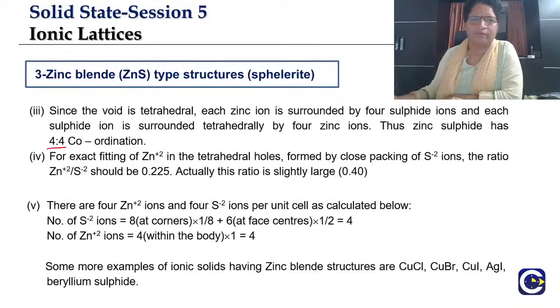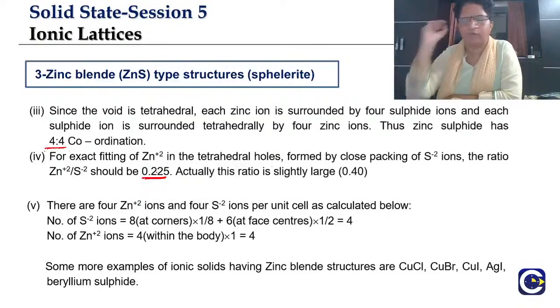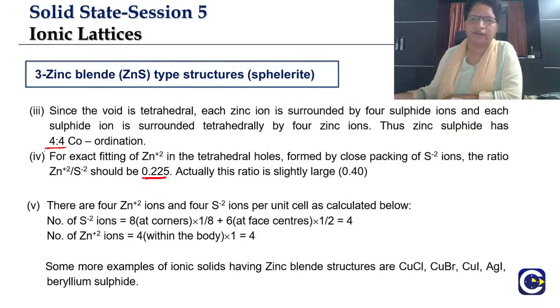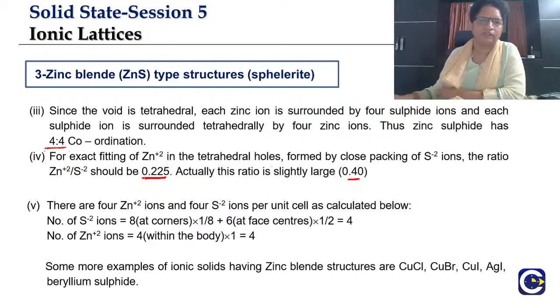Again, the coordination number, as you are saying, it's 4, 4:4. For exact fitting of zinc ions in the tetrahedral voids form, the ratio should be exactly 0.225. But since the ratio we are getting is slightly bigger, as we spoke in terms of sodium chloride, it will be slightly distorted, little distortion, because zinc ion is trying to push the sulfide ions away because its radius ratio is little more. Okay, let's see how we are getting